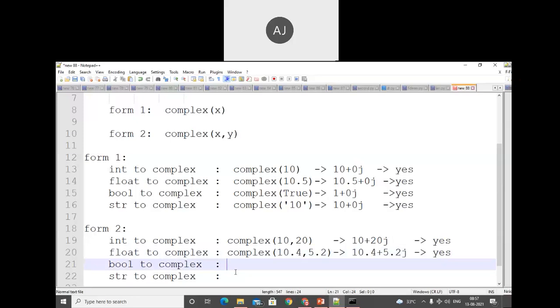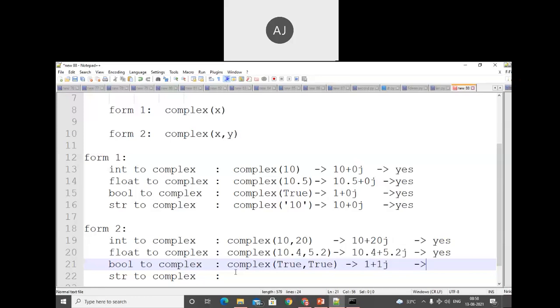Here I'm trying to use complex, and here I'm trying to use true comma false. Check immediately, true to true. Here I'm passing the true value 2 times, so we'll get the output as 1 plus 1j. That means simply it will be easily converted.